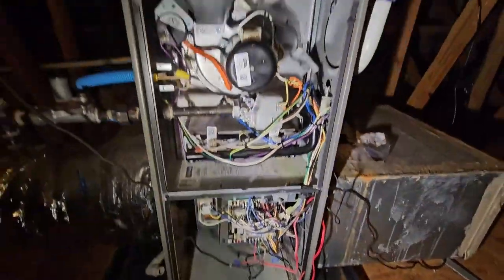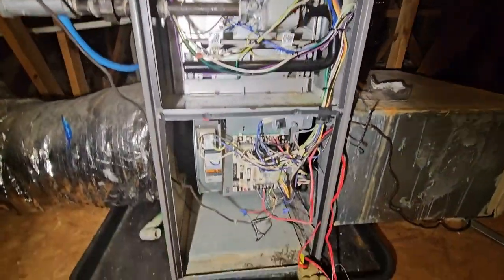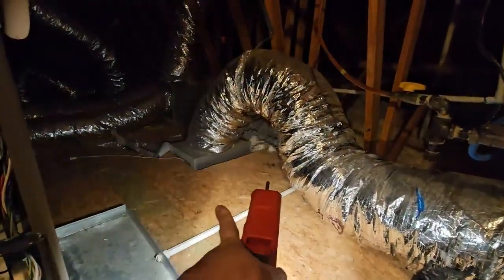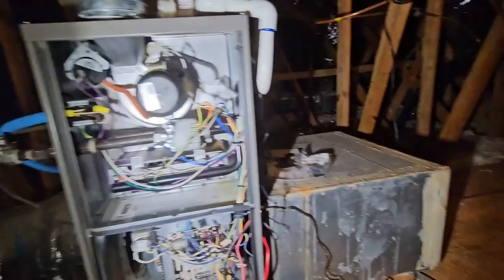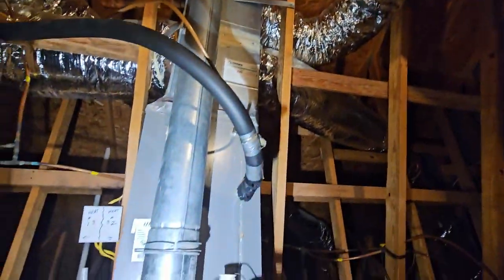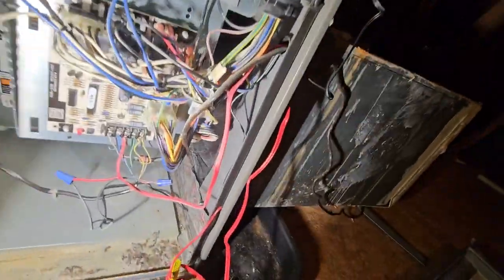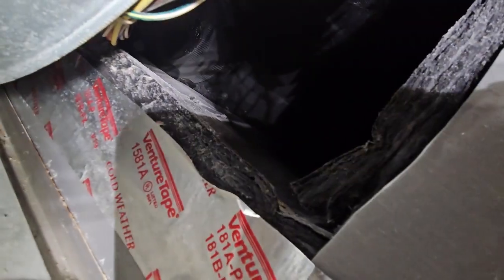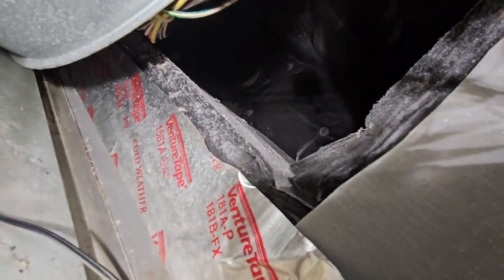So when I open that furnace here, this is what I got. This is my second floor. That will be my return, and this will be my supplies. Two returns, I guess, and supplies to the room. So what I see here is a lining here, kind of black, and a possible